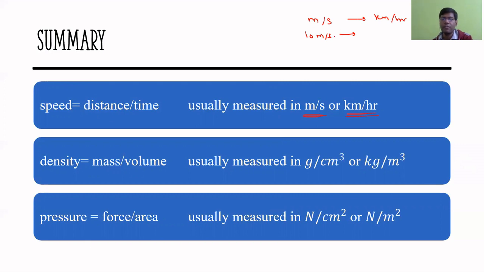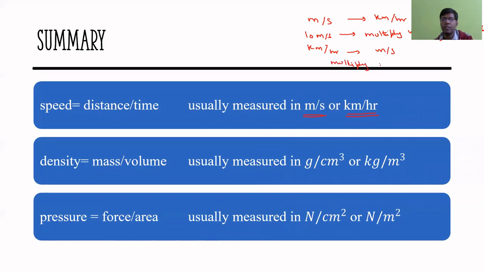So whenever you have to convert meter per second to kilometer per hour, you multiply with 18 by 5. So this will give us 36 kilometer per hour. And if you have to convert kilometer per hour to meter per second,